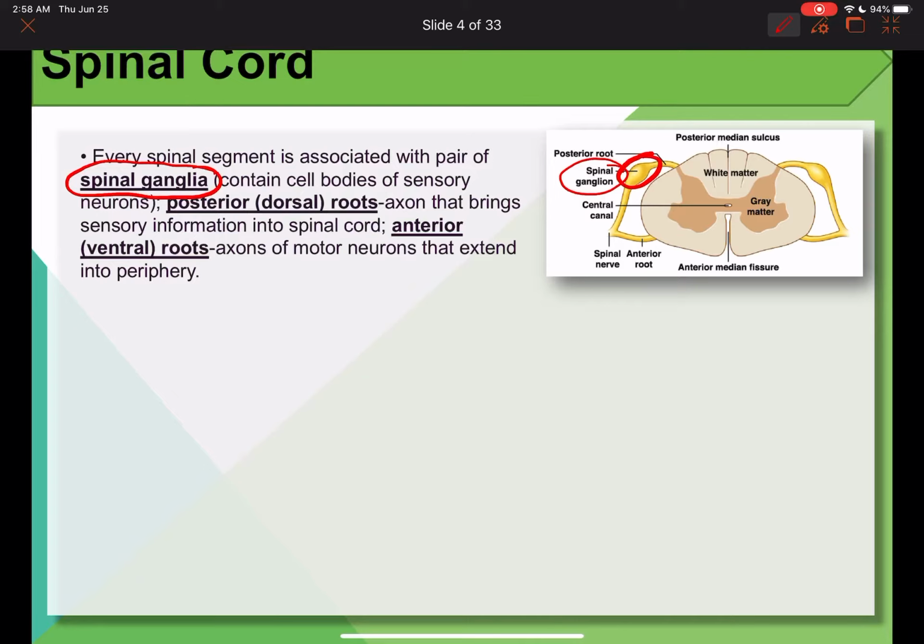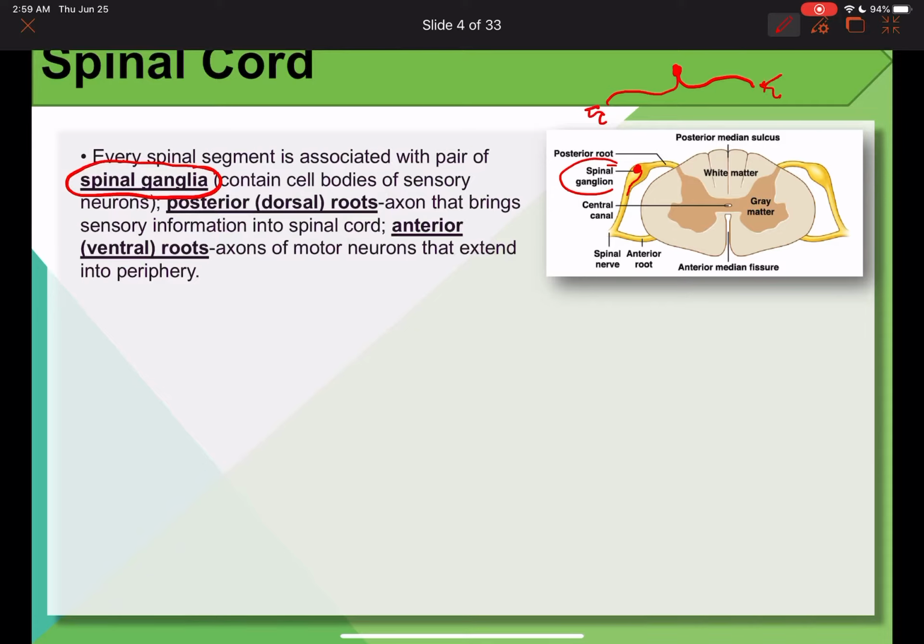And remember that sensory neurons in the peripheral nervous system are usually unipolar neurons. So let me erase that, and then I'll draw a neuron in there. If there's a cell body coming off of there, remember, unipolar neurons look like this, with two axons splitting, and then you have dendrites and axon terminal on either side. So that's the cell body within the spinal ganglion. And then you have an axon going this way